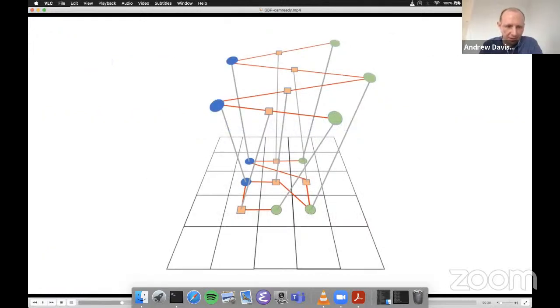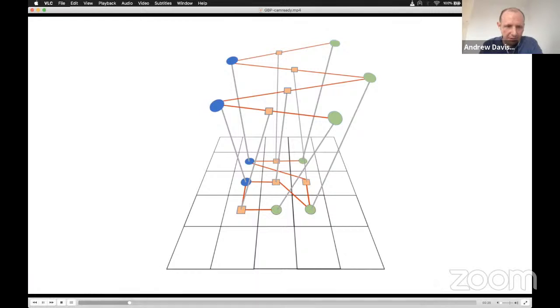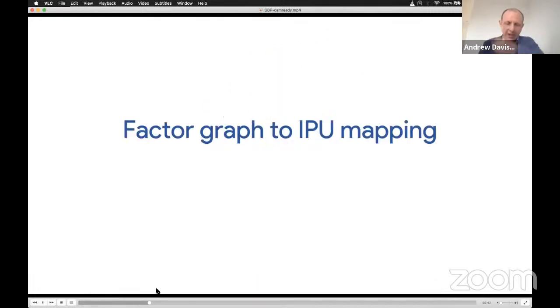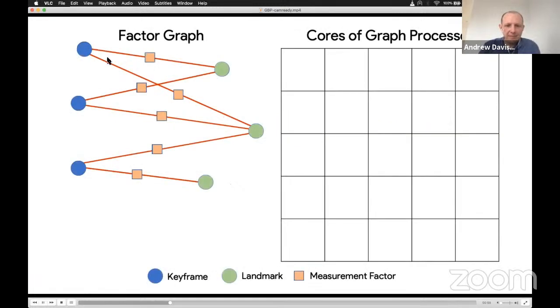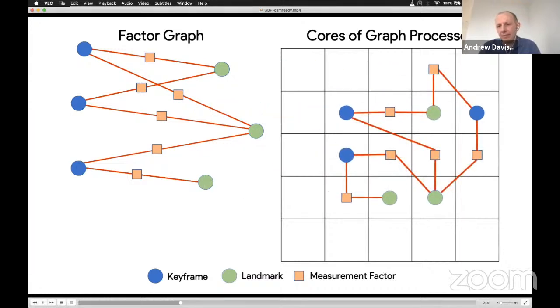So let me just skip forward a little. We've got our factor graph for a bundle adjustment problem where we have nodes for cameras, we have nodes for points, and then we have factors representing the measurements between them. And then we have the parallel cores of a graph processor, and we literally map them across.